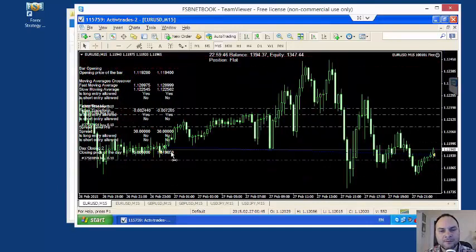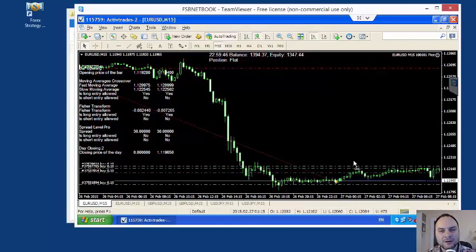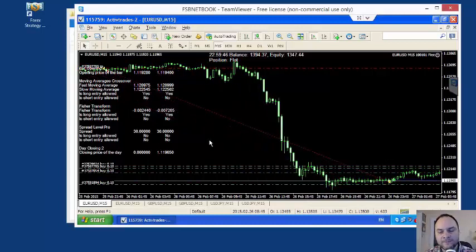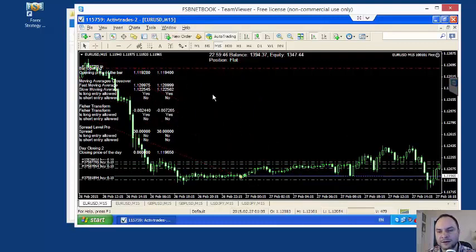So it's okay. But how can we check the indicators? We updated the data now, and I'm going to compare this data with what I have in MetaTrader in the backtester, because I have to be sure that the data, the indicator values, and the signals are absolutely the same as what I have in the backtester. So I want the backtesting performance to be absolutely relevant to what I see here in the trader.